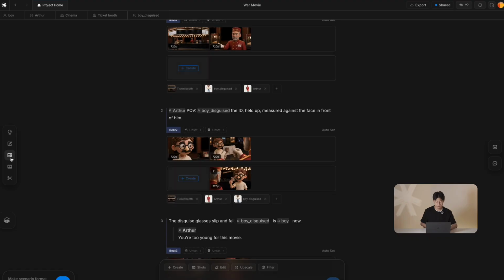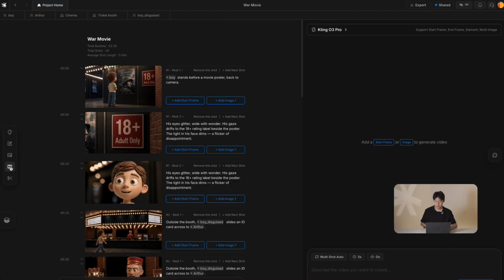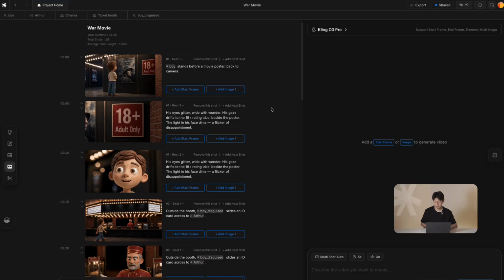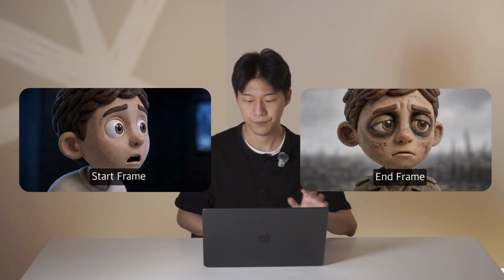Step 4. Turn it into video. Now you've got all three: story, asset, and keyframes. So you take all of it to turn it into video. This part is easy and fun, but the most expensive part. There are a few ways to make an AI video, and I'll show you how. First, click this and you'll see a list of your keyframes and the UI that helps you turn them into video. If you want to make a single shot video, you can select start frame and end frame.